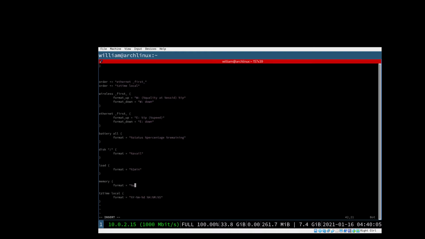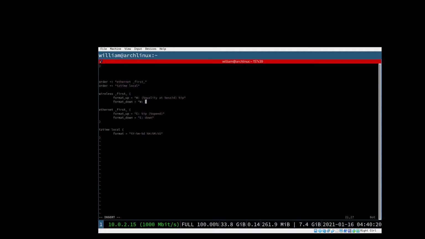since I'm using a VM, there's no battery installed, and there's no reason to have the memory monitored, since, again, VM, and there's not really much memory assigned to the VM. And this wireless interface is meaningless, since I configured my VM to only use Ethernet. Now, the only thing I would change here